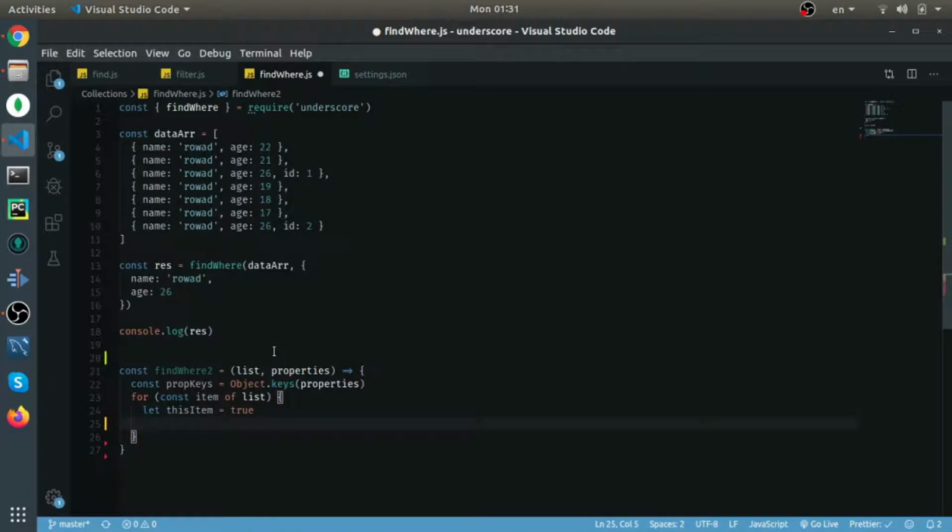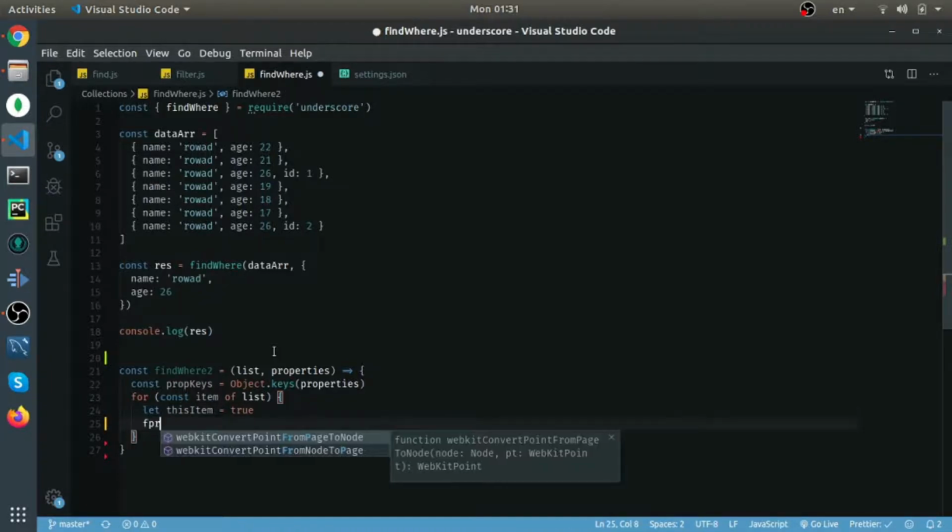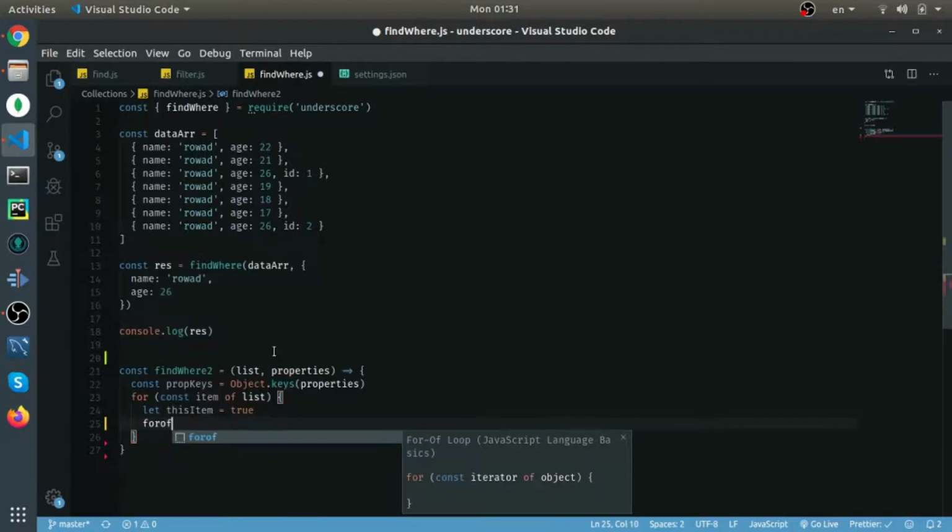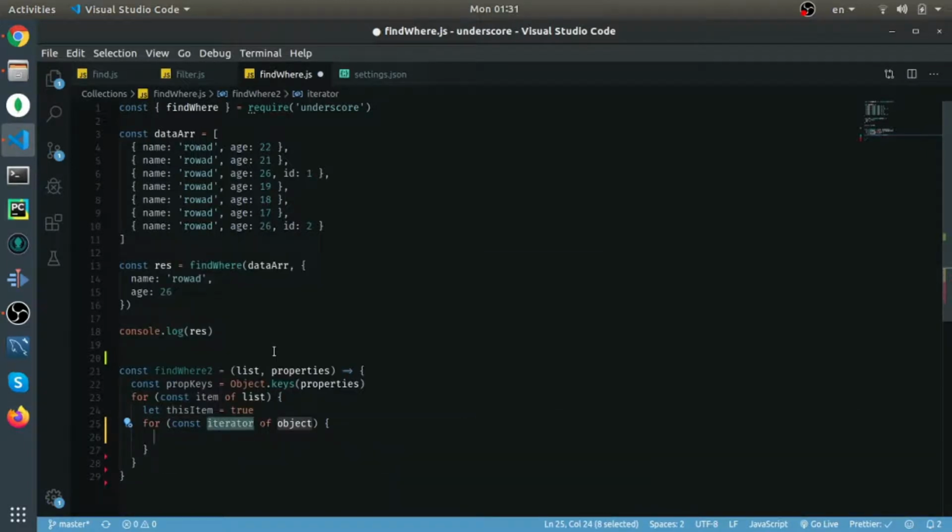And now I will write another for loop, which is for of. And inside this second for loop, I will loop through. Oops. There is a war between dogs outside. Anyway, I will loop through the